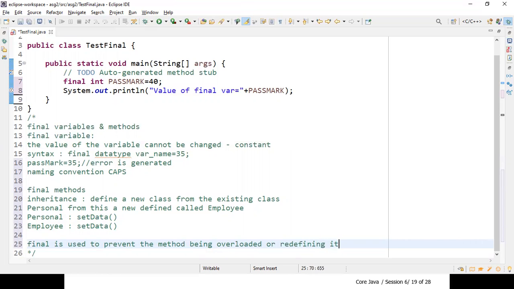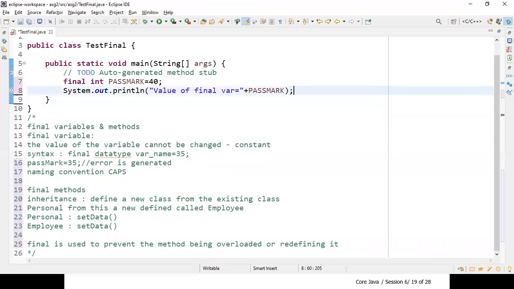You are going to have a new definition of this in the subclass. Now, I don't want that; the new definition should not be there. So that method should be final, meaning once I define it, you should not change this definition. I don't want you to change it. So I use final methods, and final methods will not be allowed to be overridden.